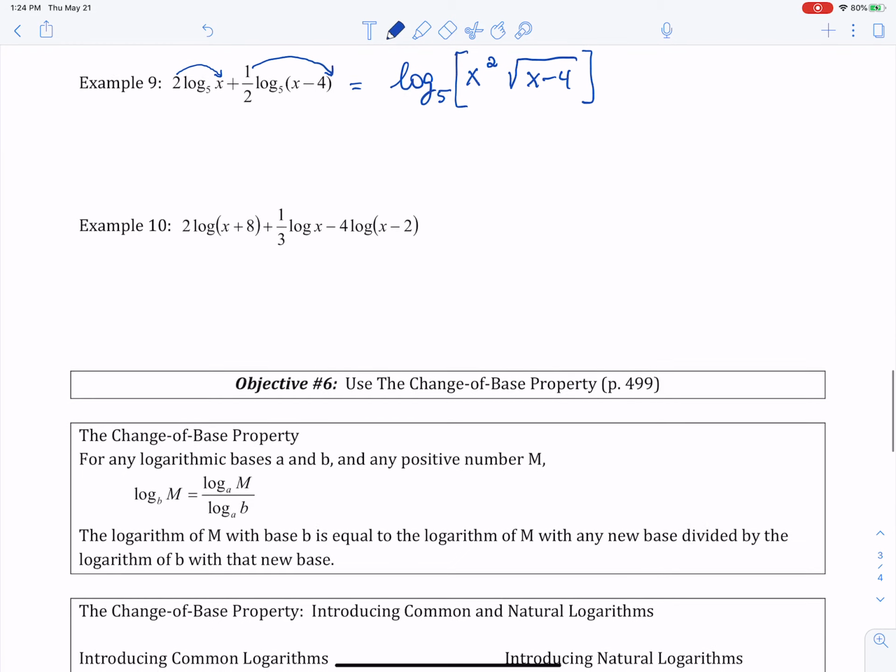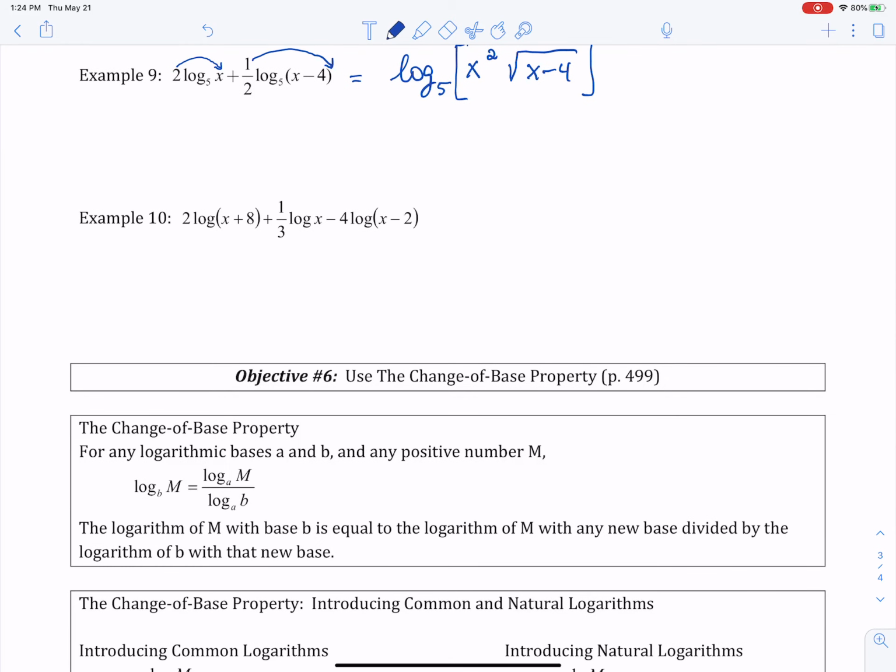And for example 10, logarithm, that's a common logarithm base 10, addition at the beginning, then subtraction, so I'll end up having a fraction, logarithm base 10. The positive logarithms would be in the numerator, the negative logarithm in the denominator. So x plus 8 squared